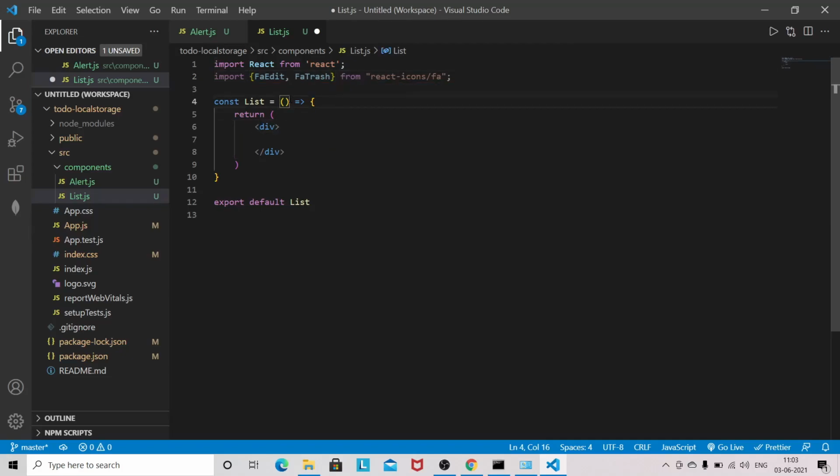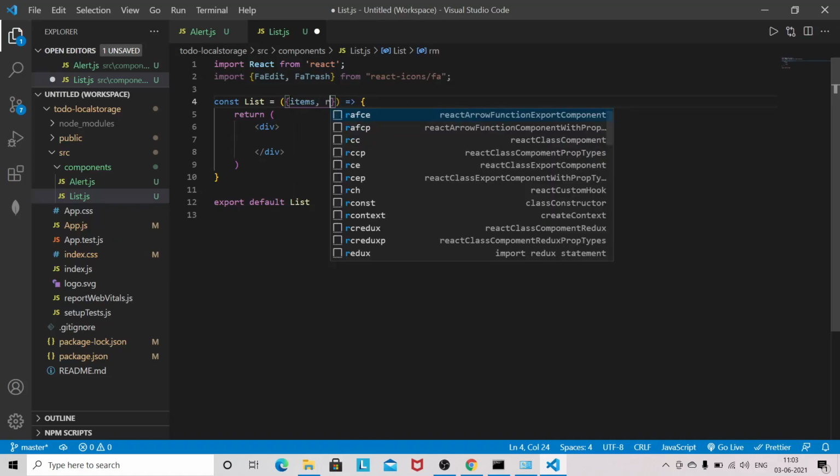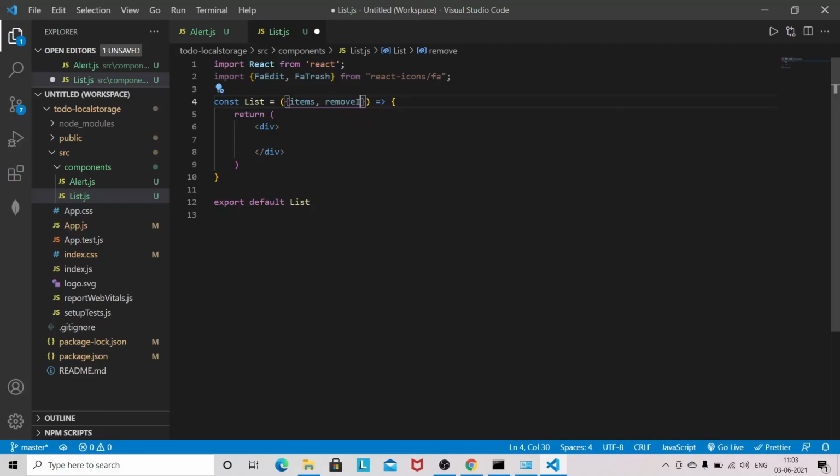and this will receive items, remove item. So all these props we are going to pass from the app.js file. Okay, so app.js file is the main file where we will be writing all the logic. Okay, and I will give the class name container.